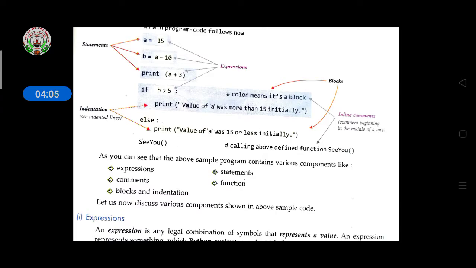So here also, indentation means you have to give white space while writing the program, because this only shows the expression and displays the output for the program.